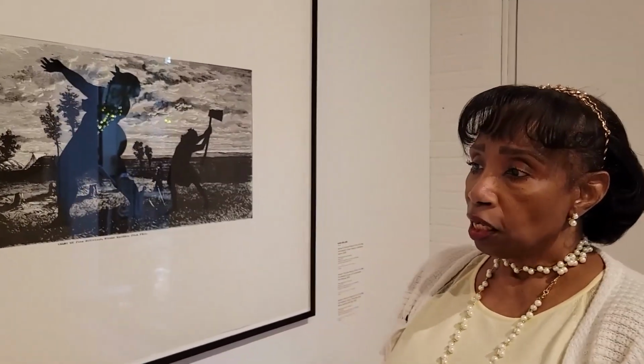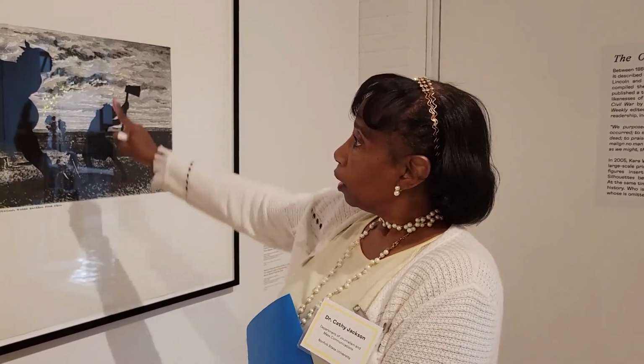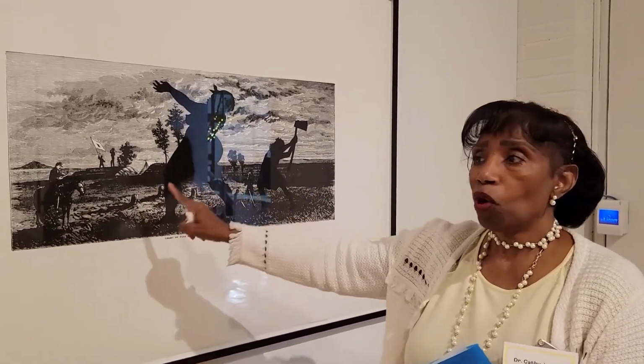Now, silhouettes was an art that really became popular around the 1850s in America. And what's interesting about silhouettes is that they were pushed by a German who said that silhouettes were very important because they were the outline of the person's personality. What is interesting about that is that later on, those silhouettes and what this guy was pushing became part of that practice where scientists would look at the bumps on a person's head to determine if they were intelligent or not. So it's all tied together with her use of the silhouettes overlapping these pictures of normalcy, of white civilization,